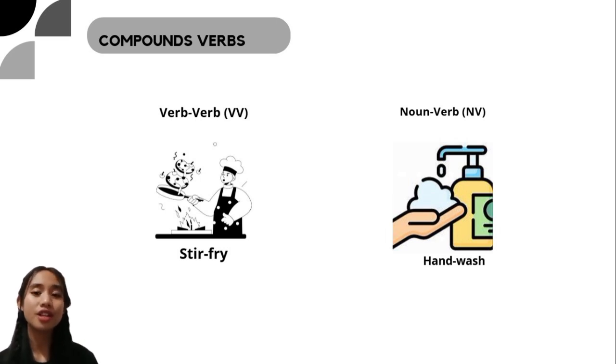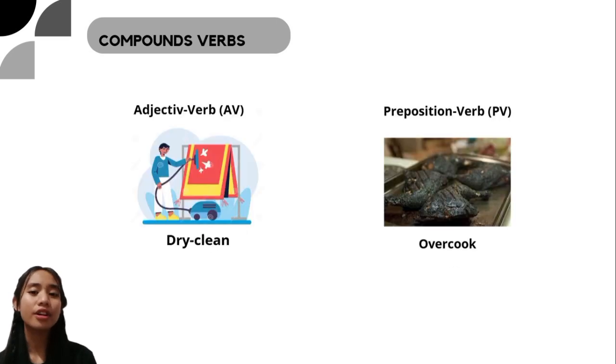The first structure is a combination of a verb with a verb, for example, stir fry and freeze dry. And the second structure is a combination of a noun with a verb, such as hand wash and air condition. The third structure is a combination of an adjective with a verb, just like whitewash and dry clean. And the fourth, the last structure, is a combination of a preposition with a verb, just like underestimate, outrun,